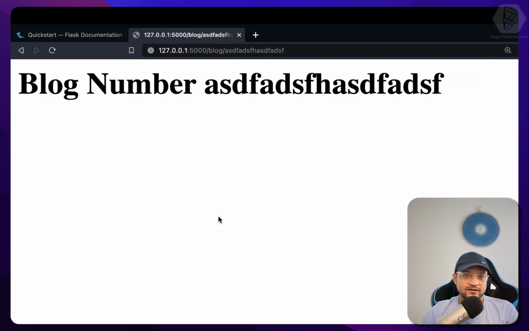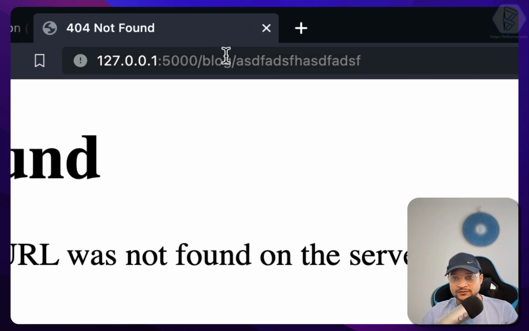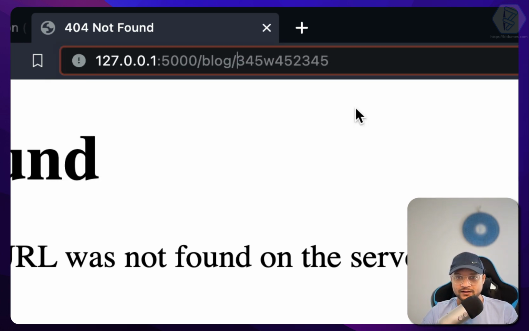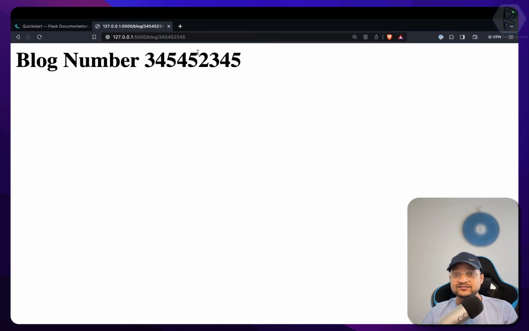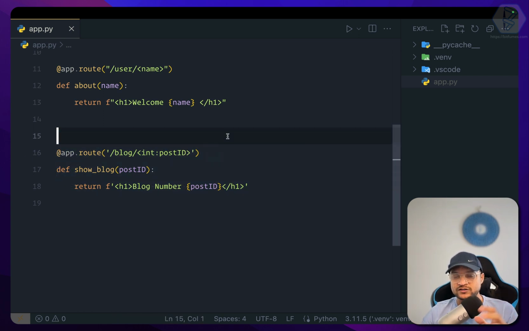Okay, so now what do you think? Is it going to give an error or is it going to render it? Obviously it's going to give an error, and basically it says that there is no route which matches blog with some string as the parameter. But if I say some number, I need to remove this w, that's going to work because there is a route which matches this. Okay, so I thought you got the point of what a route parameter is, how you can use it,